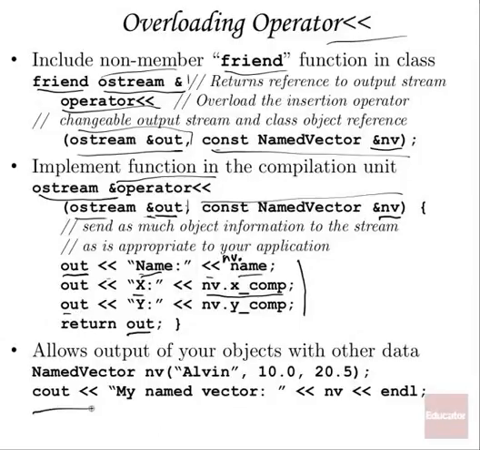So when we say I'm going to output the named vector, it will take the cout, which will be passed in on the left. We're going to run this operator and send in the named vector on the right, and then that return will go back so that we can do it again with the next piece of data. Actually, we should go left to right. So we have